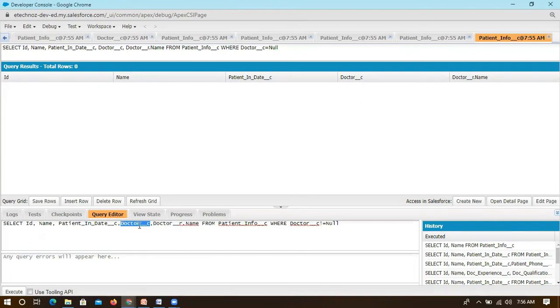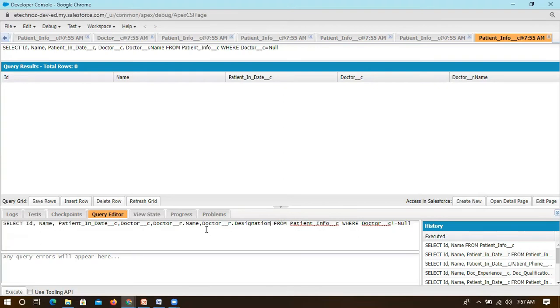Right, so this is the doctor, which is a lookup to this patient. If I just write doctor__c, you will get the ID, but if you want the name, you have to write doctor__r, which references the doctor lookup field, and then you can pull the information. Let's take the doctor's name and the doctor's designation. You need to know the API name for this, designation__c. If it is a custom field, we add double underscore c. If it is standard, you don't need to.